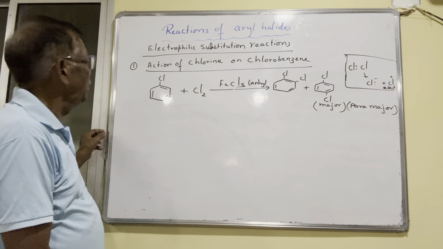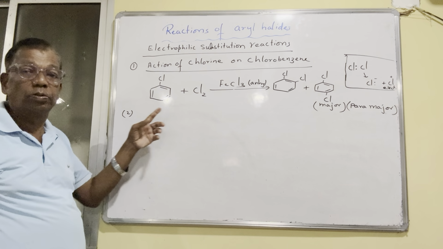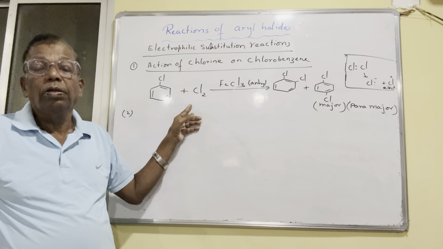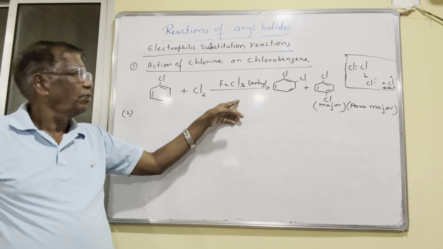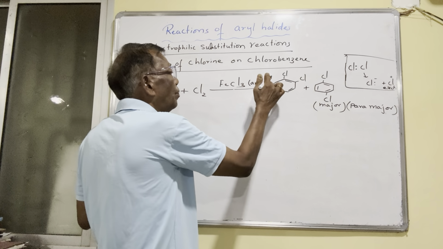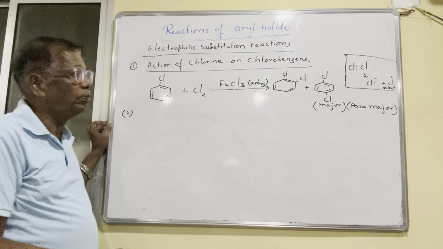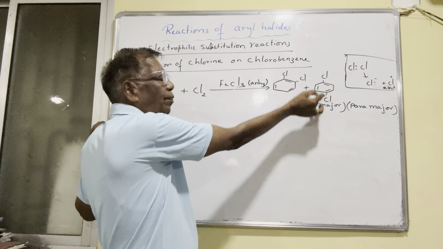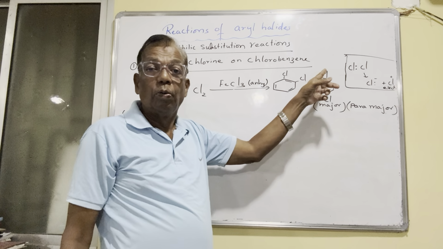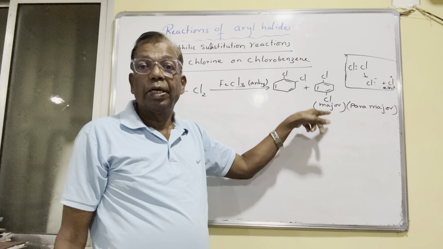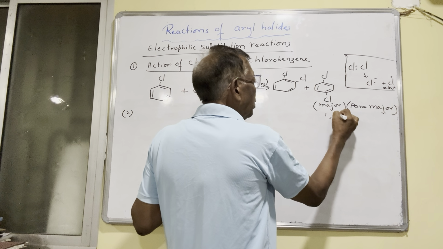Alright. Suppose this reaction is carried out with anhydrous. So what does it say here? Chlorination of chlorobenzene in presence of ferric chloride, which is anhydrous. Remember that it is anhydrous. Then you get para dichlorobenzene. Or you can also say like this: 1,4 dichlorobenzene. I should write it. Okay, 1,4